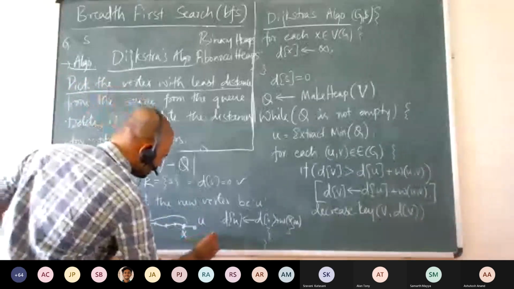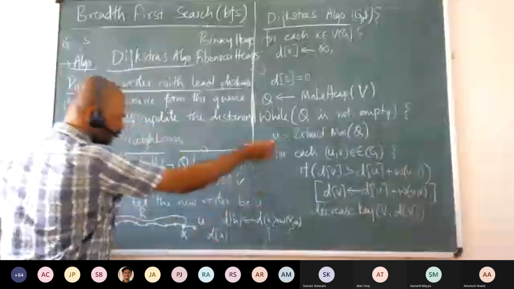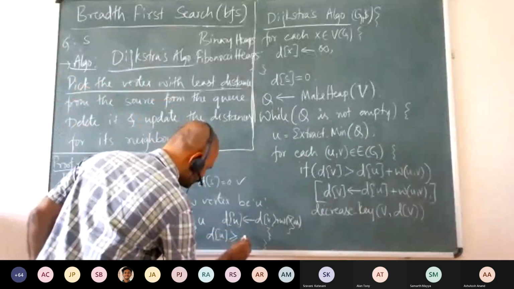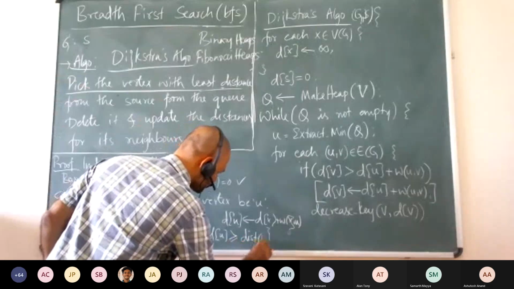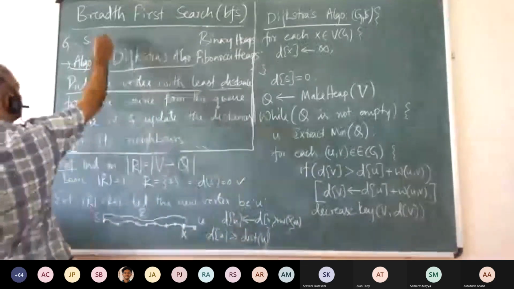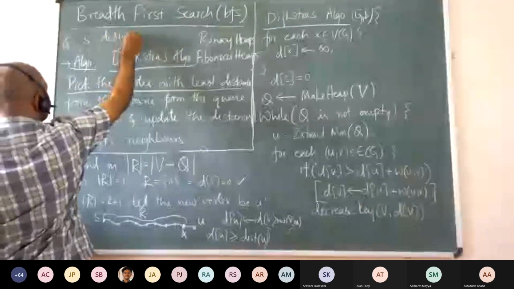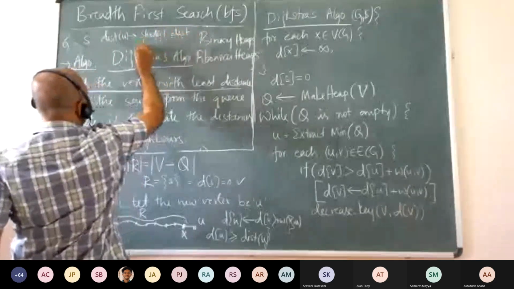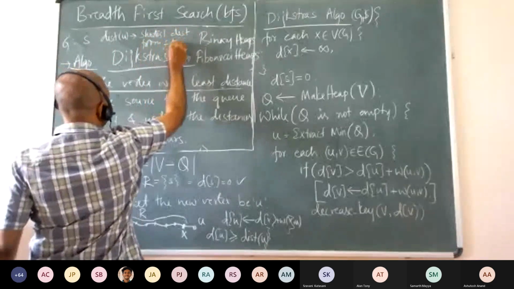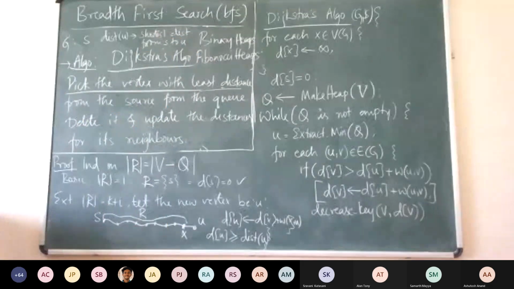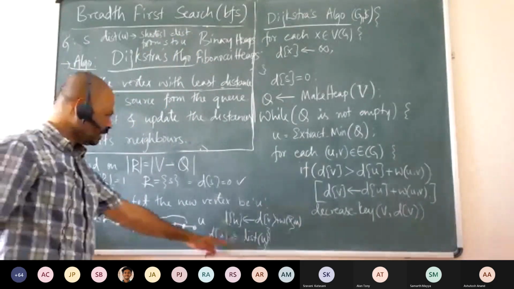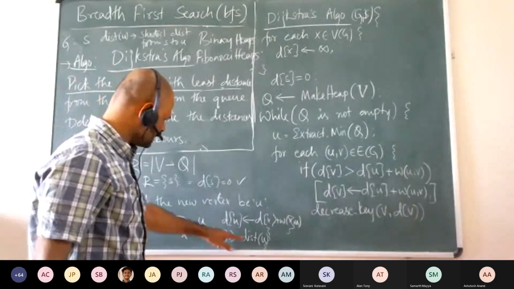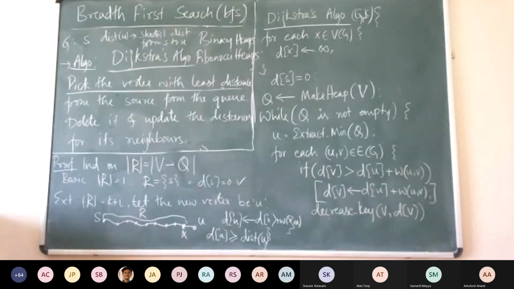Now what this says is that the distance which we have set, d of u, by the algorithm, is definitely greater than or equal to the distance of u. The distance of u is the shortest distance from S to U, which is the property of the graph, not the algorithm. So any shortest distance should be less than or equal to anything we set in the algorithm. This proves that d of u is greater than or equal to the distance of u, because this is one path.